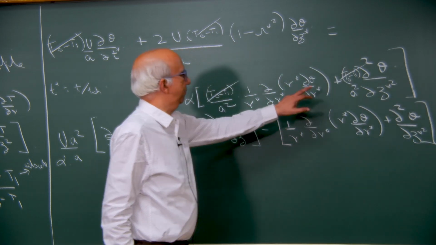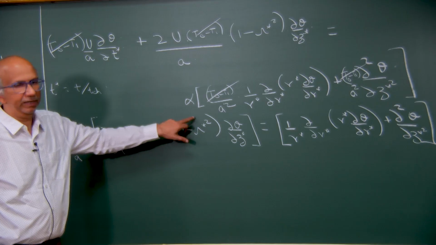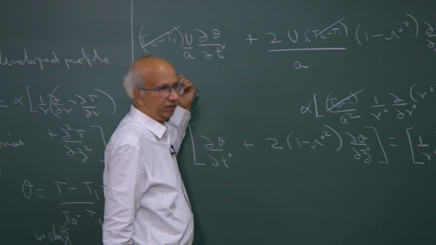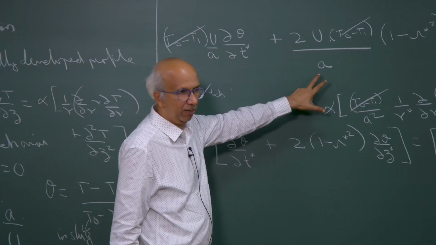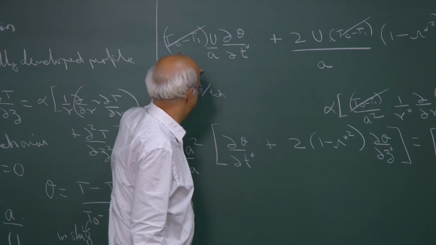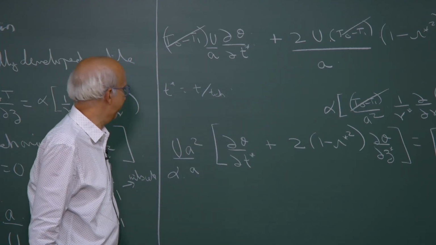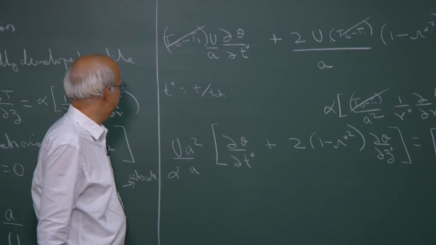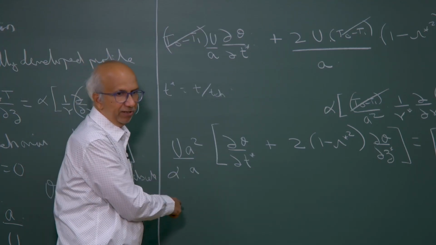So, I have just taken the alpha by A squared to the other side, multiplying throughout by A squared by alpha, and U by A is common. This is what I get. This, remember, is nothing but UA divided by alpha, my Peclet number